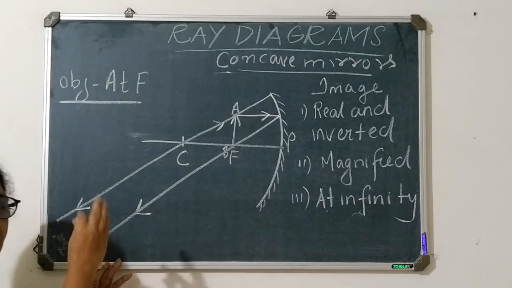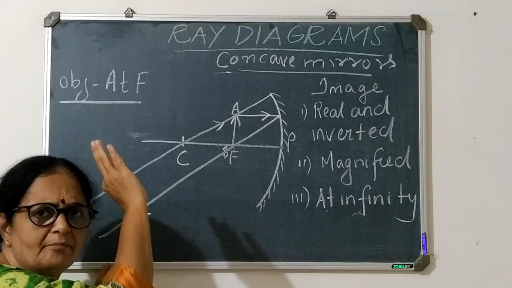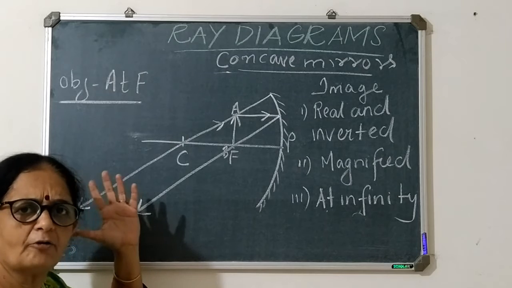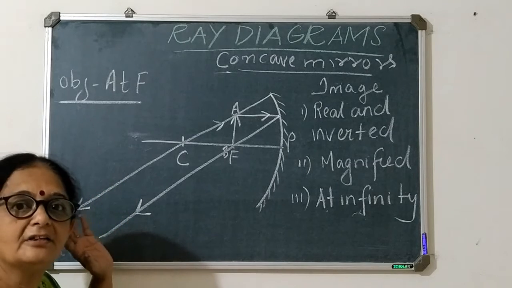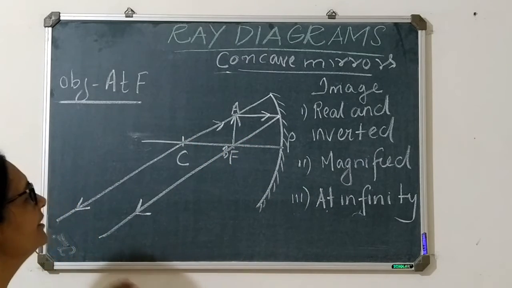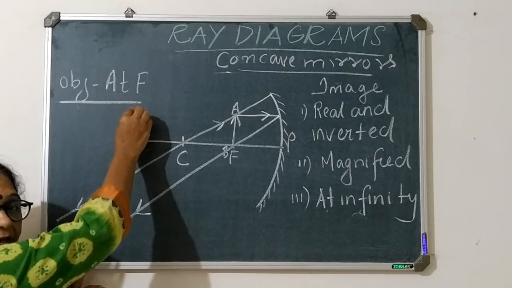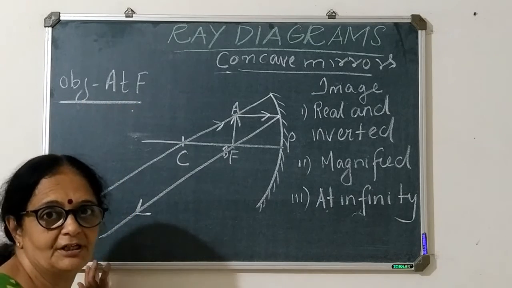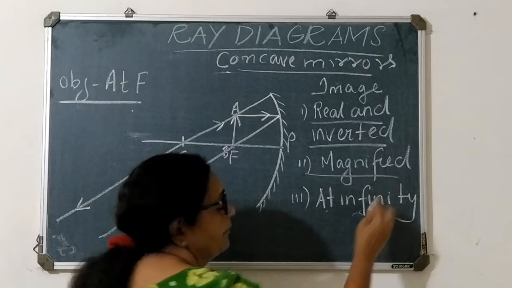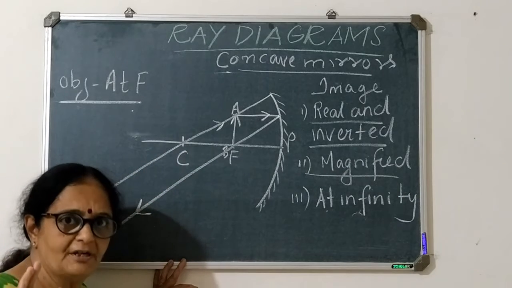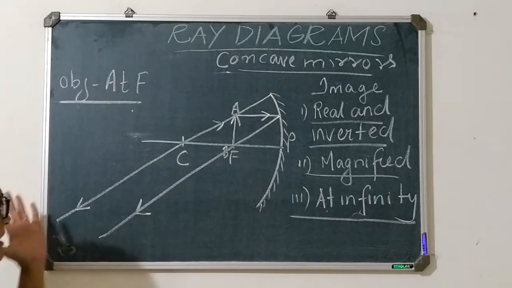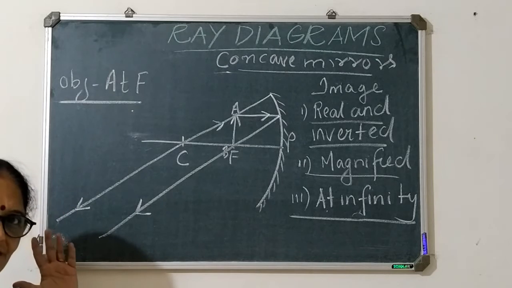Okay, now in this diagram the rays will be meeting, but it will meet very far off, બહુ આગે મળશે ક્યાંક, which we cannot show on the board, which is meeting very far off, બહુ આગે ક્યાંક બે રેઝ ભેગા થશે અને ત્યાં ઇમેજ ફોર્મ થશે. એટલે બહુ આગે એટલે we know કે it is infinity, right? So here if the object is at focus, it will be a real and inverted image. It will be magnified, બહુ મોટો ઇમેજ, enlarged, બહુ મોટો ઇમેજ મળશે. Magnified is big image, and you will get the image at infinity, which cannot be shown on the board. બરોબર?